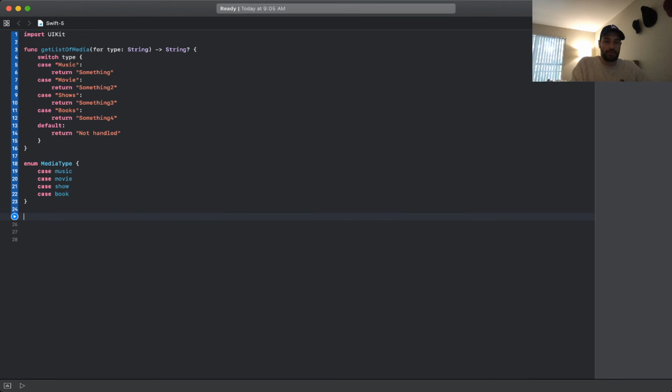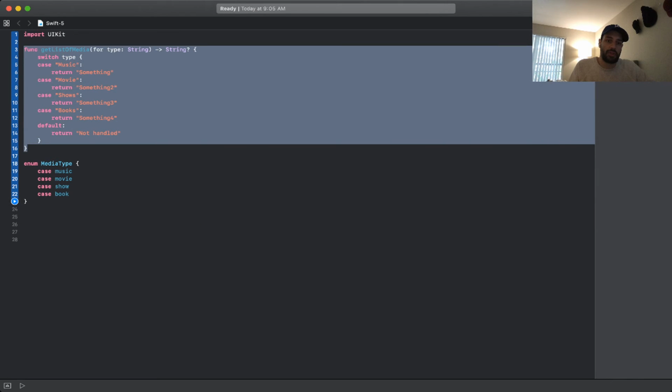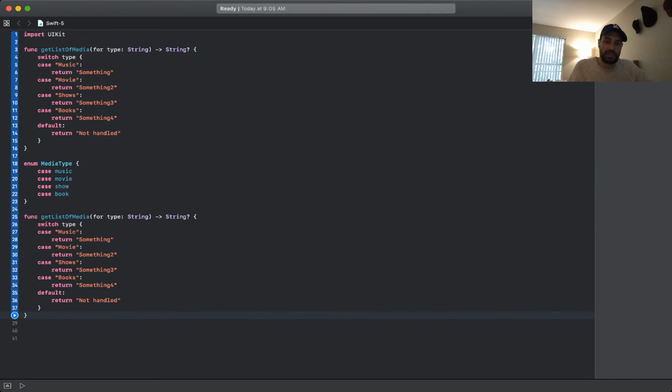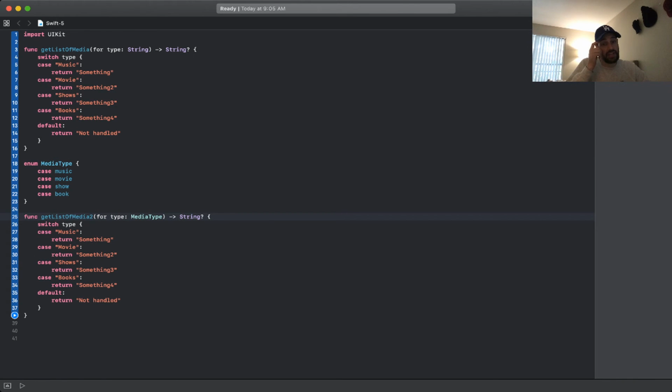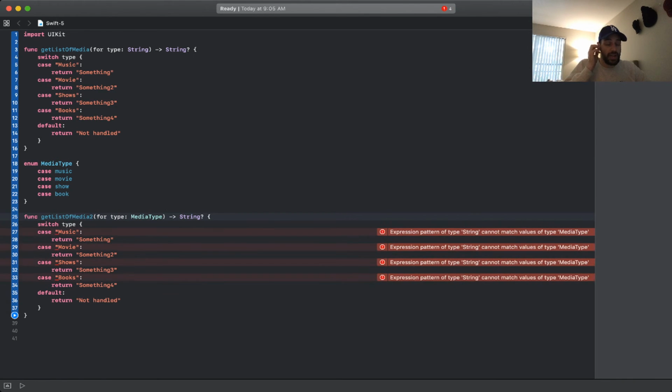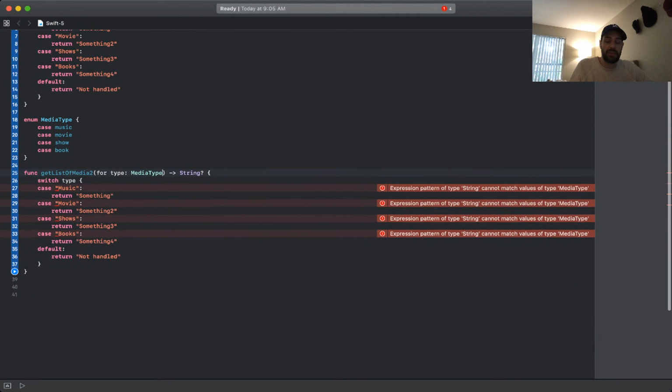So if we would rewrite that method, now we could copy that. Let's just call that new. And then here for type, we wouldn't say string, we would actually say MediaType. That forces the API caller to actually